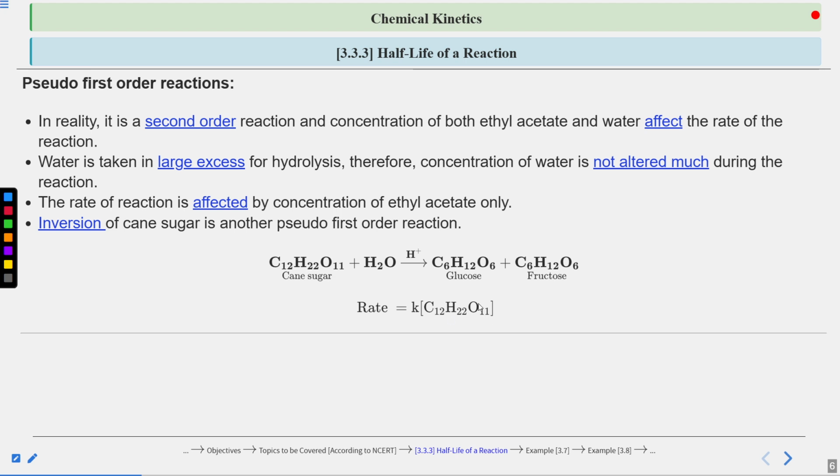It is a pseudo first order reaction, because the water molecule is present in large excess compared to the cane sugar. Okay,